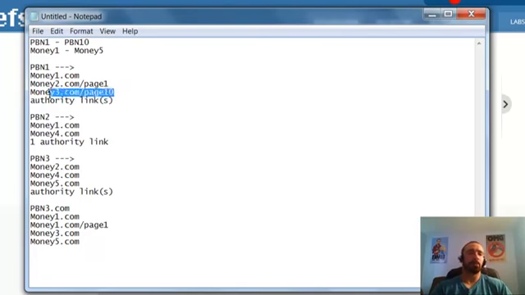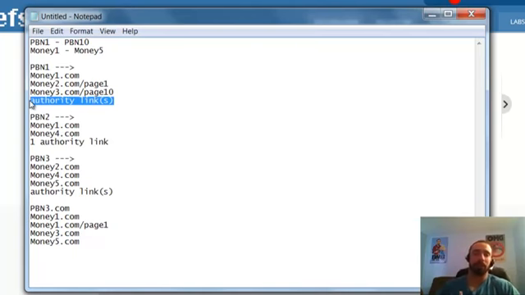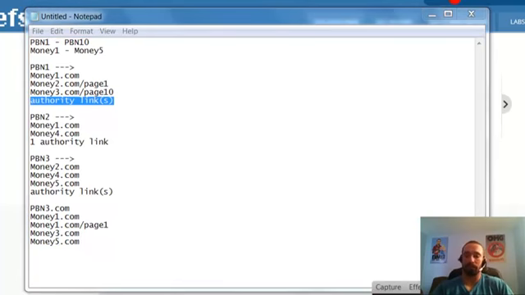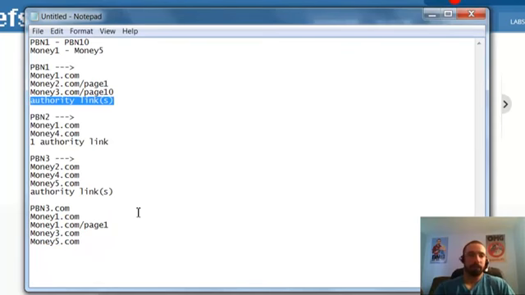So if I end up linking money 1, money 2, and money 3 together again, that is fine, you just don't want to do it too many times. I would make sure to include totally different authority links with it, because you don't want all your links to be totally the same. You want to stay away from that as much as you can. So let me pause this and make sure I covered all these questions that I have written down. Yeah, I think I covered it all.